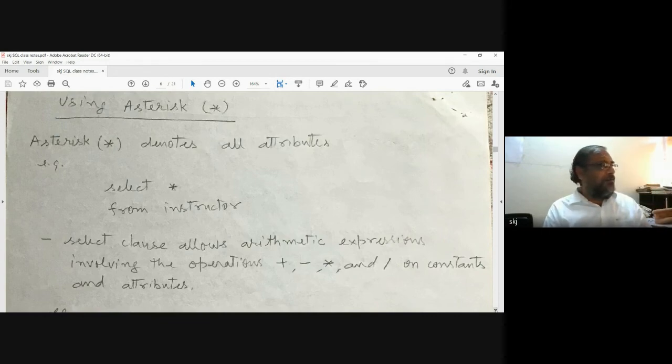Instead, if you want all the attributes, rather than writing all the individual attributes, you simply write the star, this asterisk symbol. One example is shown: select asterisk from structure. So from this structure table, all the columns will be selected. All the attributes will be in the result.